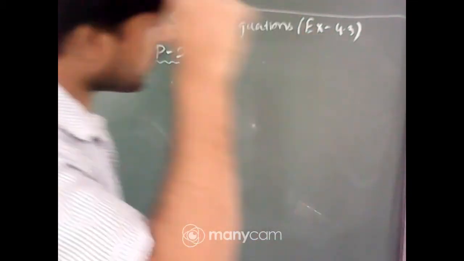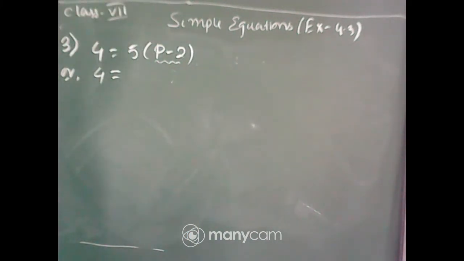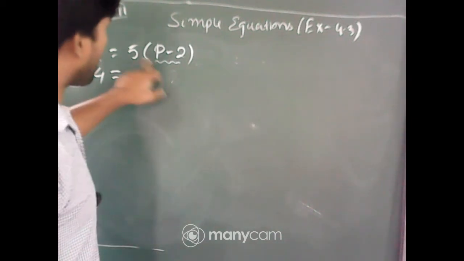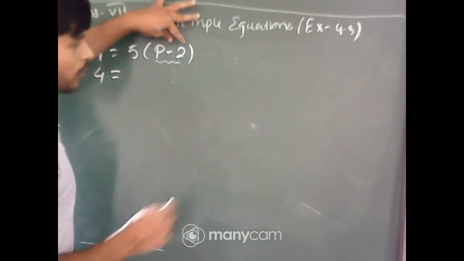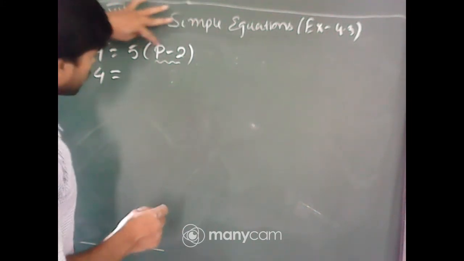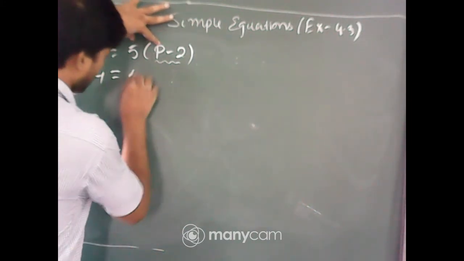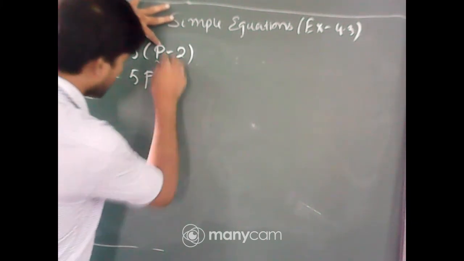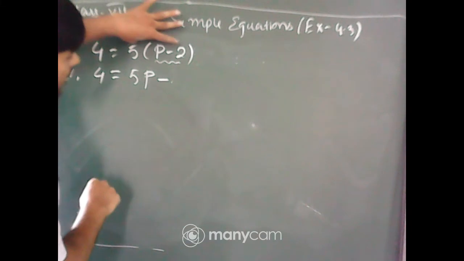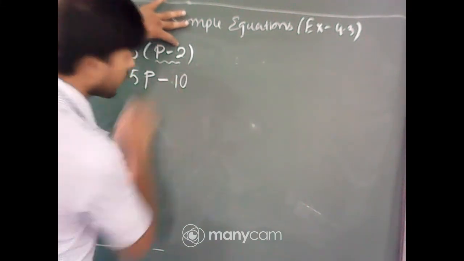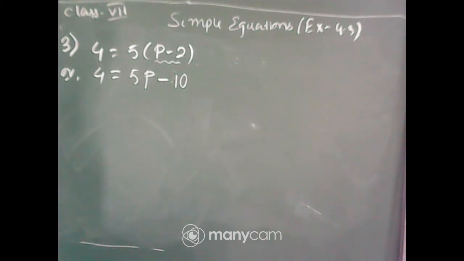Not only 5p, Ayantik Samanto, not only 5p, yes, Pratyush, very good. We have to multiply all the terms in the bracket by 5. So look, there are 2 terms, so we will multiply each of them by 5. First multiply p by 5, so it will be p into 5, means 5p. Then minus, multiply 5 and 2. 5 2s are 10. So the result is 5p plus minus 10 when you multiply p minus 2 by 5.